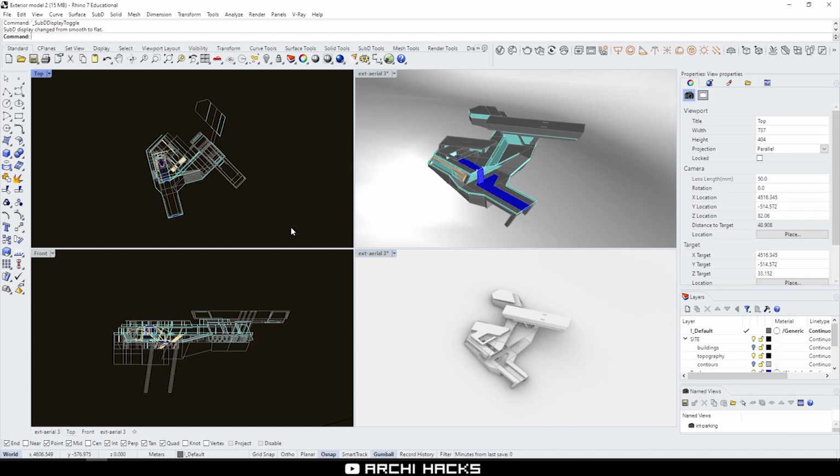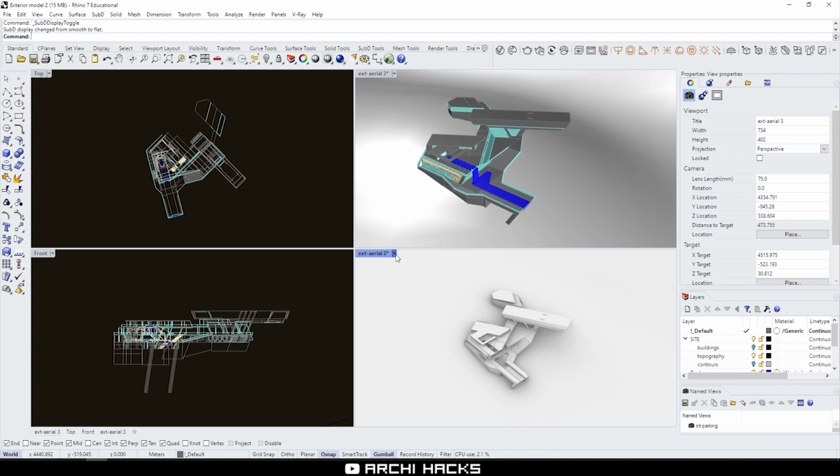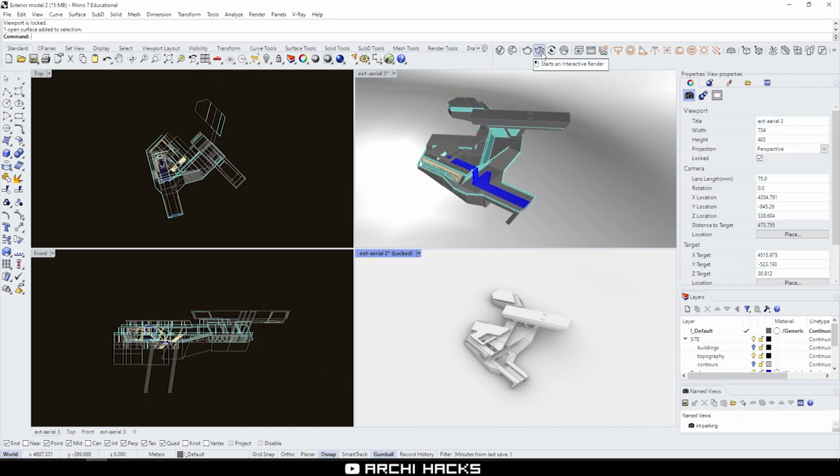The current setup is that I have two wireframe views to show the top and the side, and one for spinning things around. The last one, I'm going to lock so that we can get a consistent view every single time. I'm going to start up a real-time render